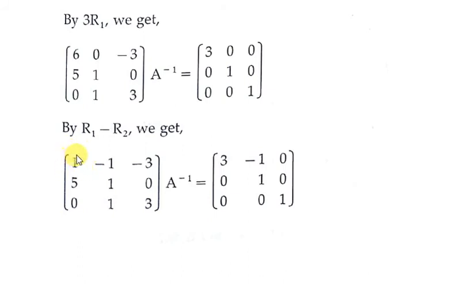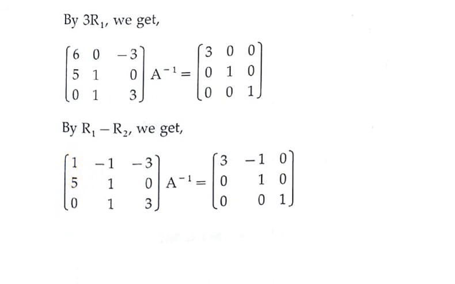Once the first column, first row value becomes 1, in the same column all the remaining values we try to make 0. If we check, A31 is already 0, so the only part remaining is that A21 must be 0. For this conversion of 5 into 0, we will use this 1. This 1 lies in the first row and this 5 lies in the second row, which means we are going to change the second row by using the first row. Now how to convert? For this 5, if we subtract 5, the result is 0. It means we will multiply this 1 with 5 and subtract from this 5.